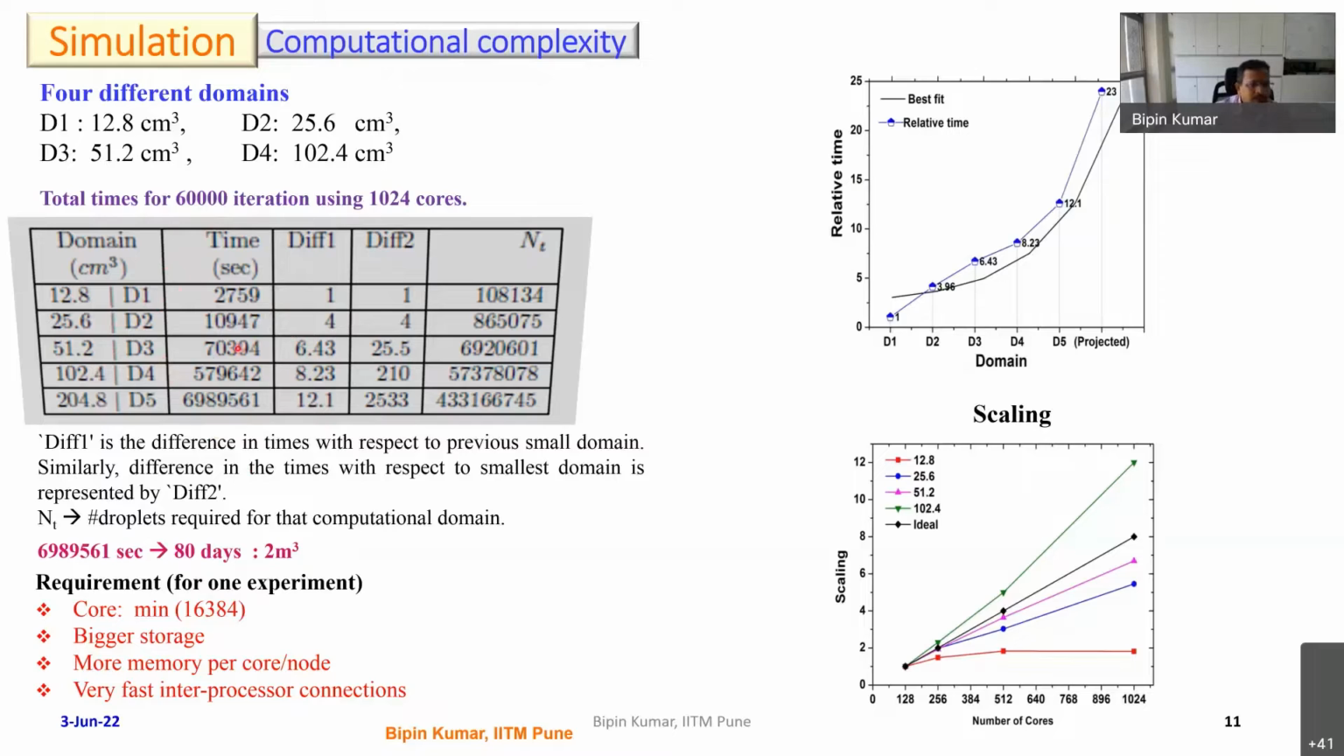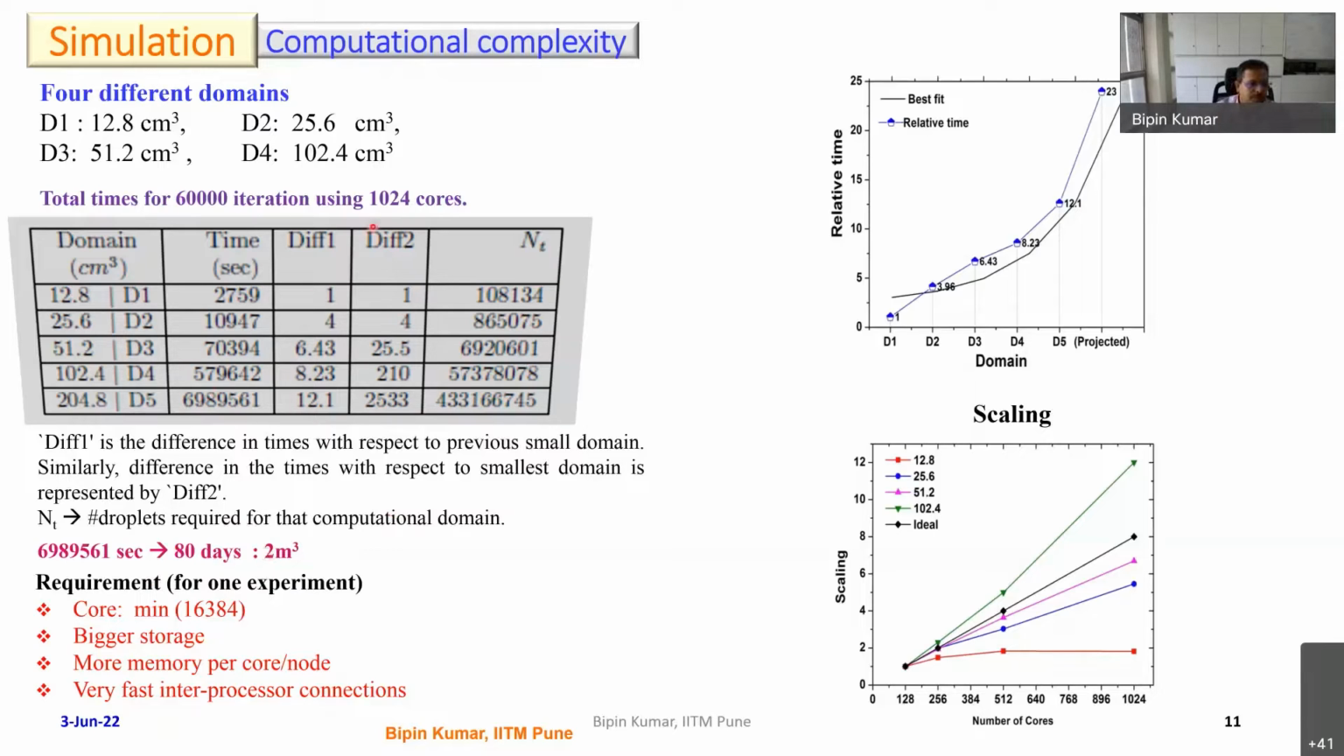extra computational time. And then if you go to D3, it goes 1.5 times more. Like that, if you go to the 2 meter cube, it is 12 times bigger than the previous domain. But compared with the smallest domain, it is 2,500 times more. And at the same time, when you increase the domain, you have to increase the droplets, and they go into the billions. If we convert seconds into days, the 2 meter cube domain will take